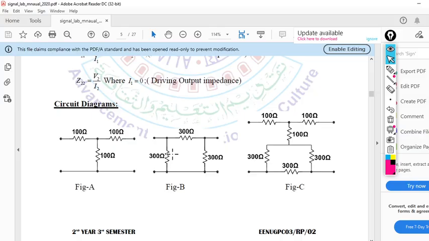For this circuit you need 1, 2, 3, 300, 300 and 300. That means 6, 9 and total 3. 9 plus 3 means 12. You need 12 resistances, so 12 resistances you have to measure